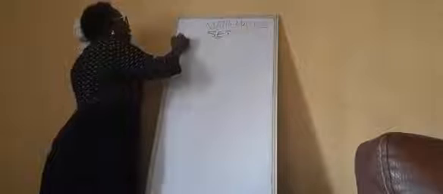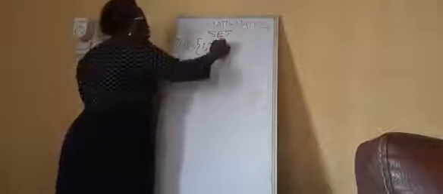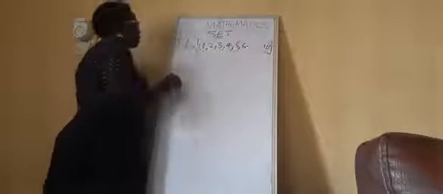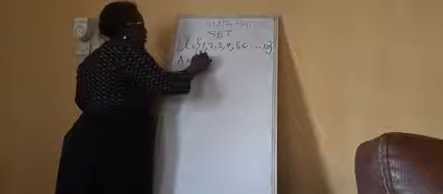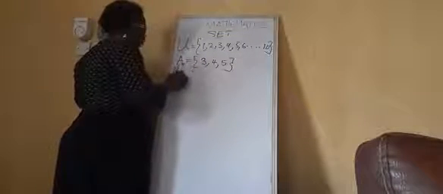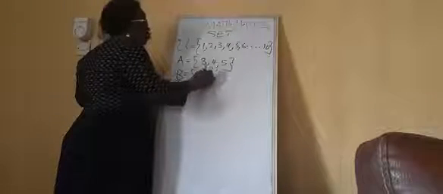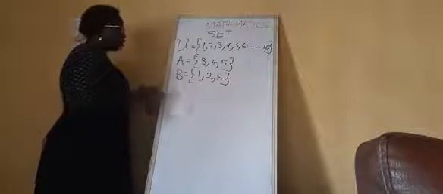You are given a universal set, let me still use the natural counting numbers 1, 2, 3, 4, 5, 6, until you reach 10. That's what it means. Now, you have A to be 3, 4, 5, and you have B to be 1, 2, 5. The first thing you want to find,